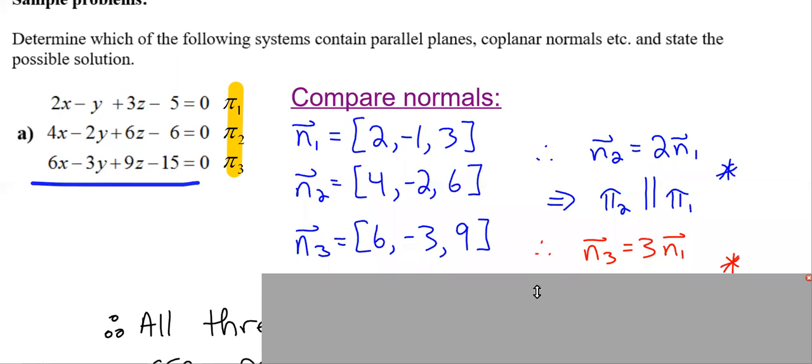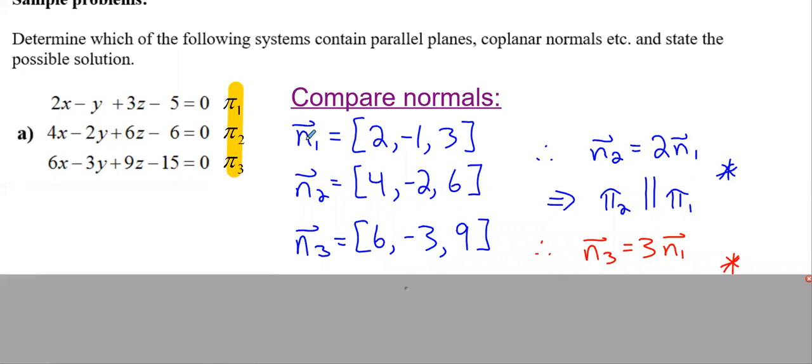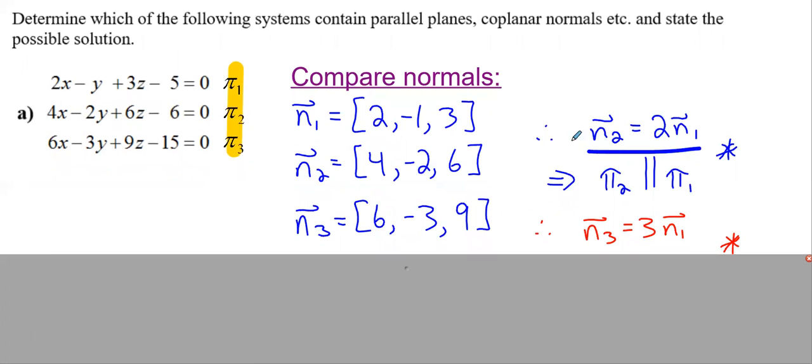So we take a look at the different normal vectors and compare them to see if they're scalar multiples. We always start with this because we want to know if the planes are parallel. We want to do this in pairs as well. So we take a look at the normal vector for plane 1 and 2. They are scalar multiples, which tells us that plane 1 and plane 2 are parallel to one another. However,